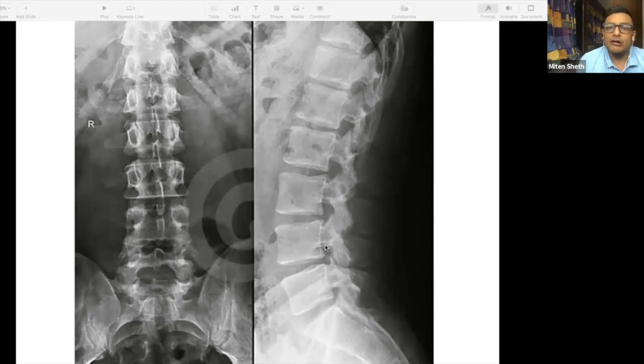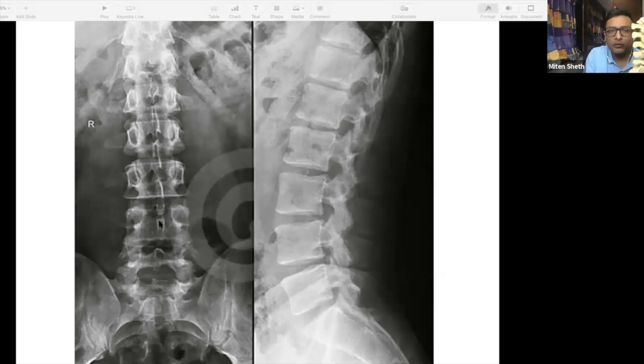And lastly, you have to see the foramen or the height of the foramen. So you see this is the place that the nerve exits from. If you correlate that on a model, this is exactly what you're seeing on the x-ray. You're seeing the body, the pedicle, the pars, the joints, and the spinous process, and finally the foramen through which the nerves are going. So this is what you're seeing on a lateral view.